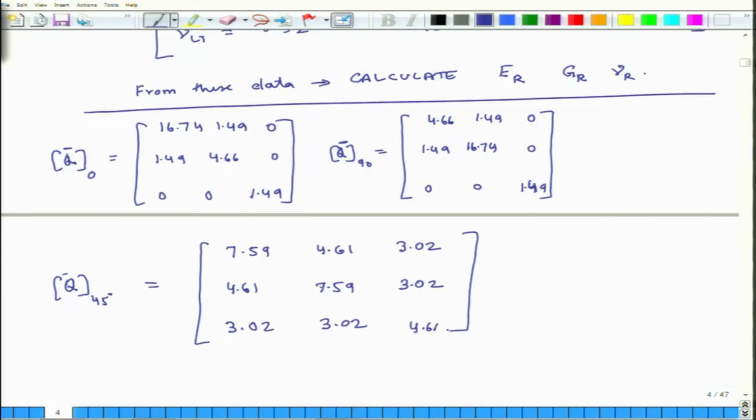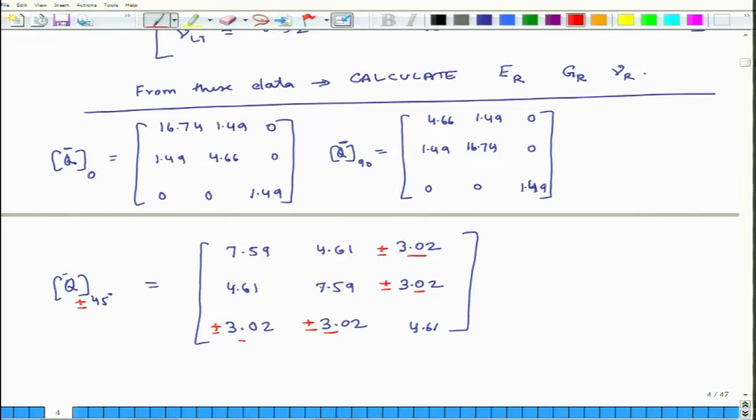Okay. And the next one is Q bar matrix for minus 45 degrees. So, we know and we have discussed this, that the only terms which are sensitive to the sign of theta are Q16 and Q26, because they are odd functions of theta. So, for minus 45 degrees, these numbers just become negative, everything else remains the same. So, I will just put a plus minus here. If you are trying to find the plus value, then take the plus, and for negative 45 degree orientation, use the negative 3.02 as the value.